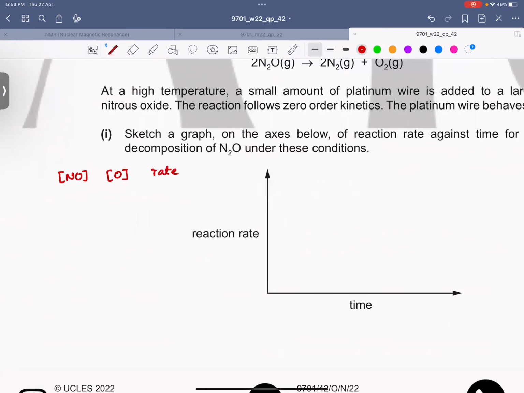For example, the initial concentration of oxygen is 5. And here let's suppose